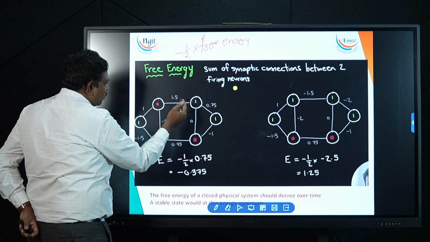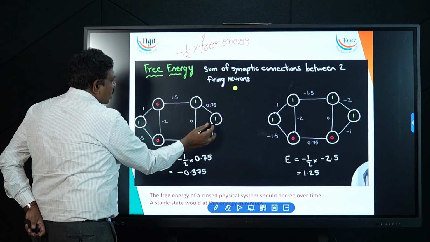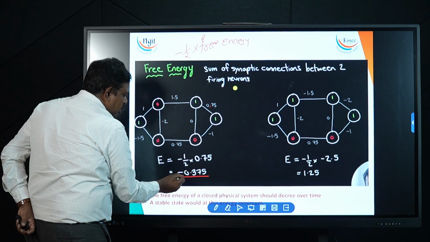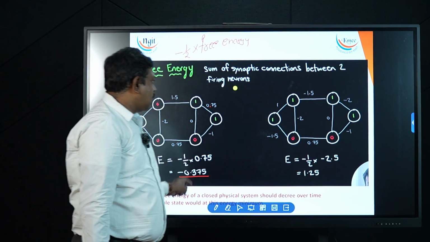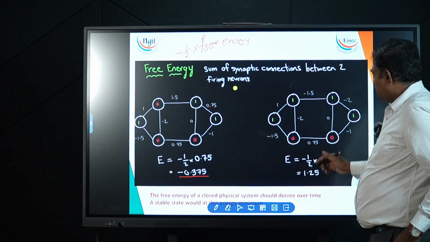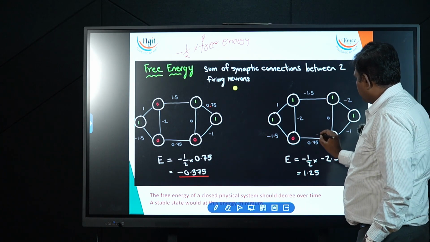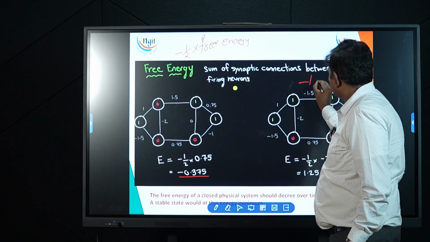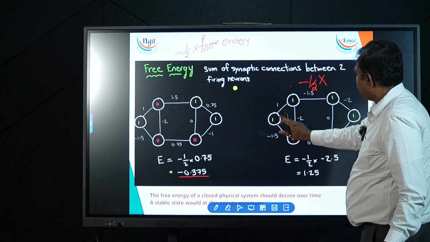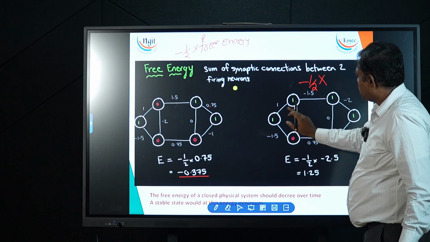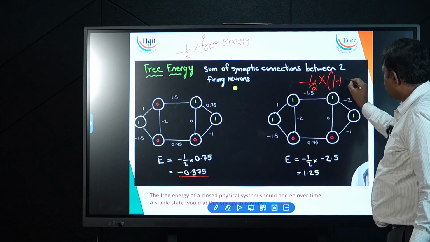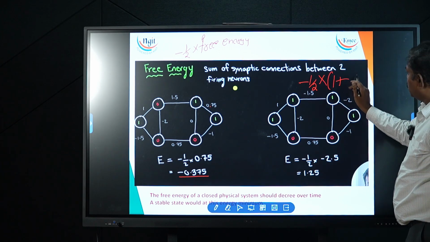There is no other neuron pair with a 1 1 combination, only one pair, so its energy is -0.375. Whereas for this other Hopfield model, -1/2 times the synaptic connections between firing neurons: there is one connection of 1, plus another pair